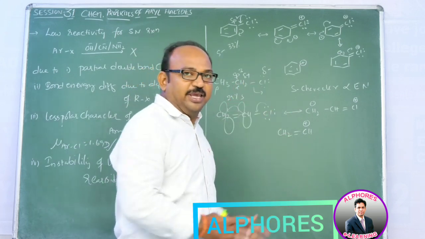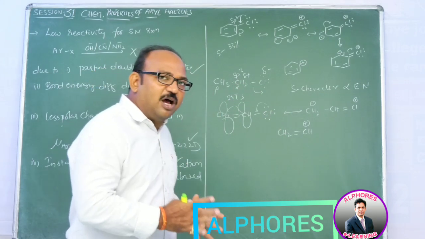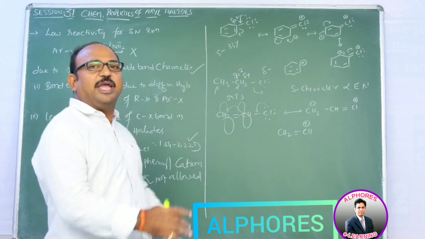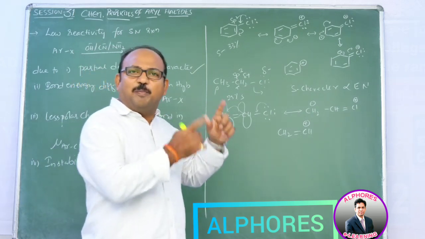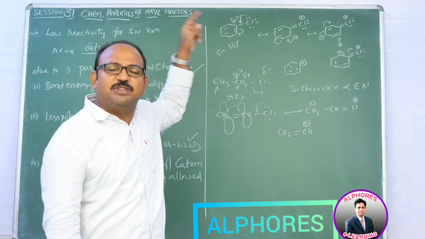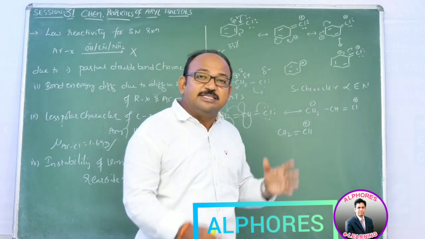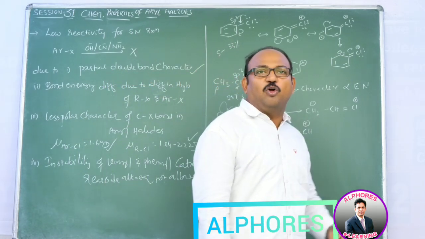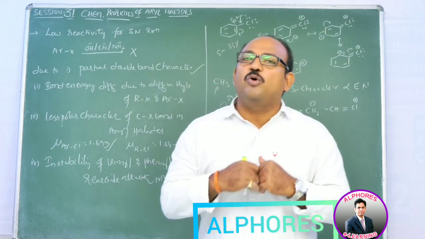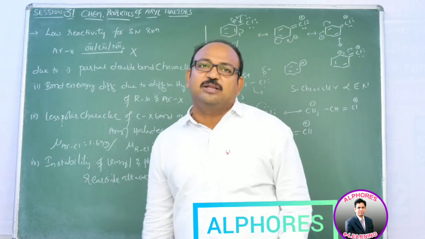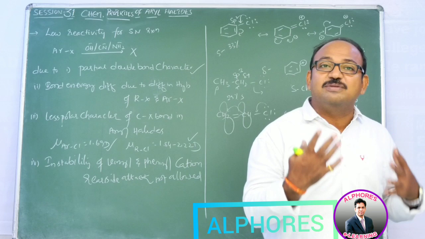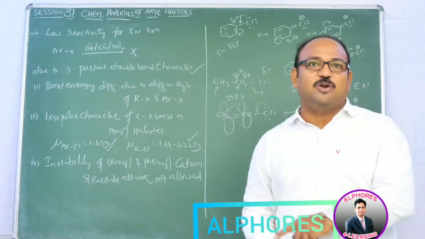Now, what I am saying here: if a strong electron withdrawing group is present either in ortho or para with respect to that halogen, or with respect to that chlorine, then in such a case that particular chlorine or halogen is not going to show any plus M effect. Instead of that, it behaves like a minus I effect. I am repeating my statement once again.